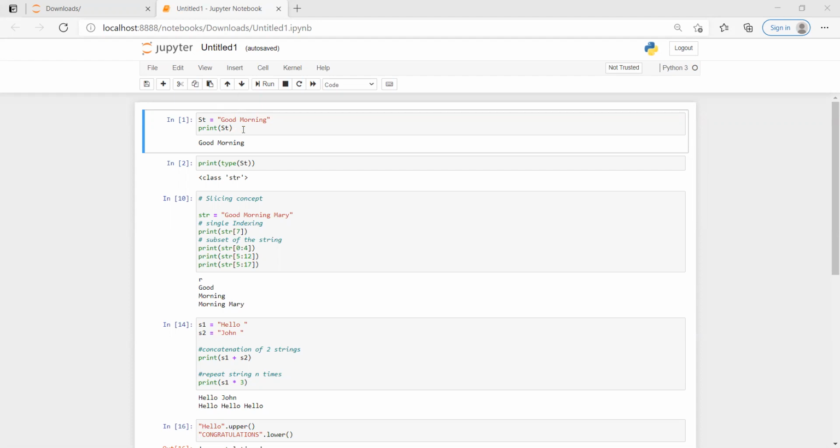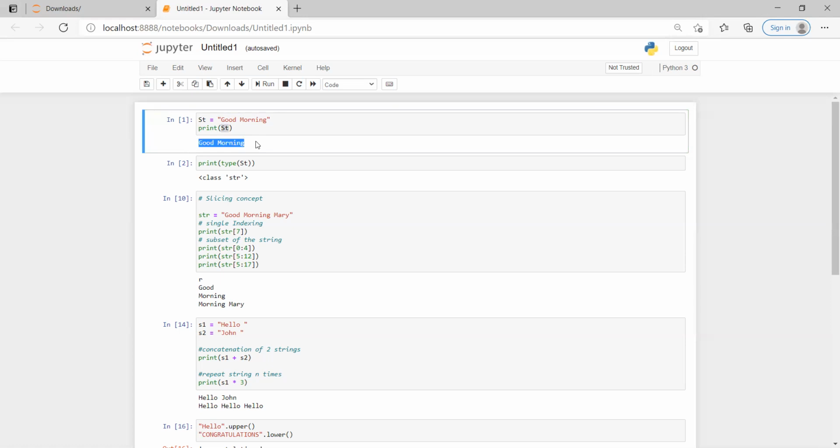Here I have a string called st, which is nothing but a variable, and I have given good morning as its value. When I print that particular string, it just displays the value of the string.